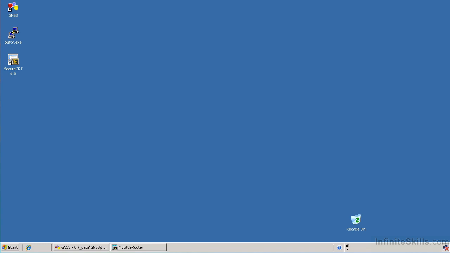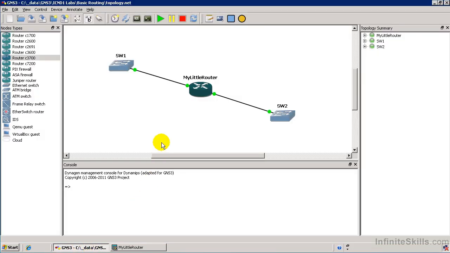Welcome in. In this video, we're going to discuss basic Cisco router configuration. Now, I have set up in GNS3 our first router. We call it My Little Router. My Little Router has two interfaces, each connected to a switch. They're not connected to anything besides those two switches. It's just connected to those devices so that the interfaces will come up so that we can show you how